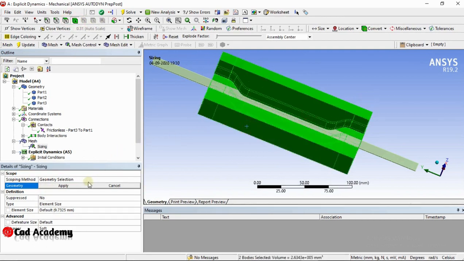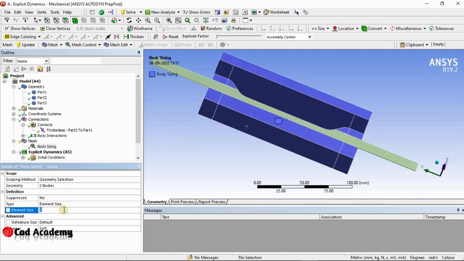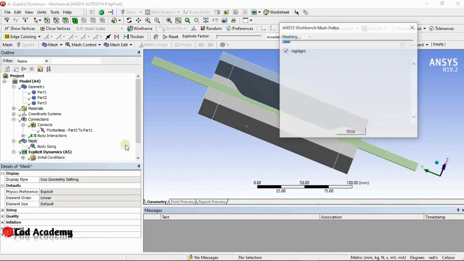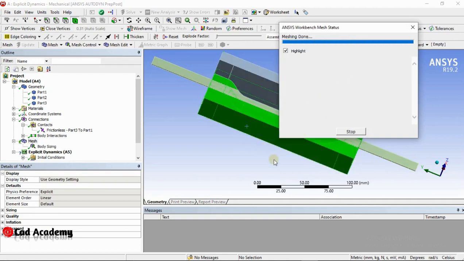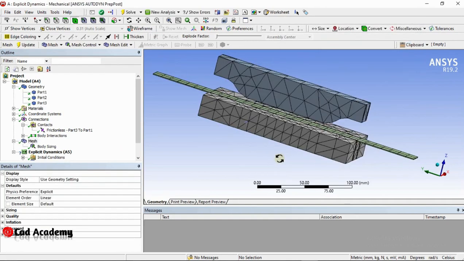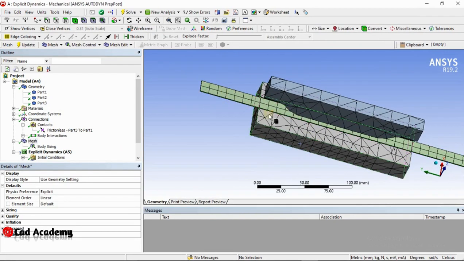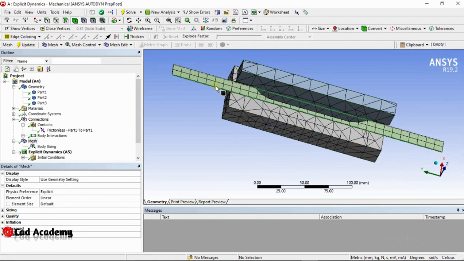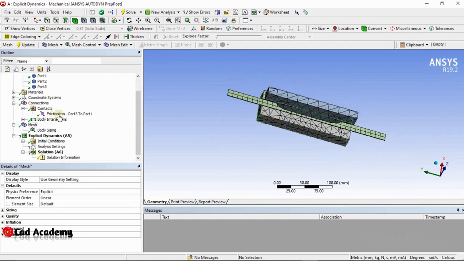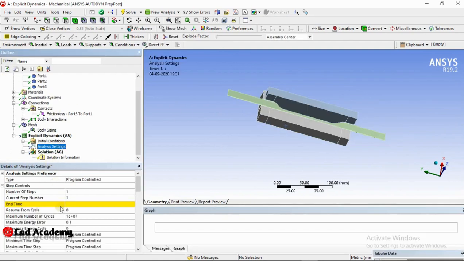I'm selecting both elements because their size doesn't matter. Keeping it as 20 and then generate mesh. You can give size to this, but I want the fastest solution. So with the time as 0.003,